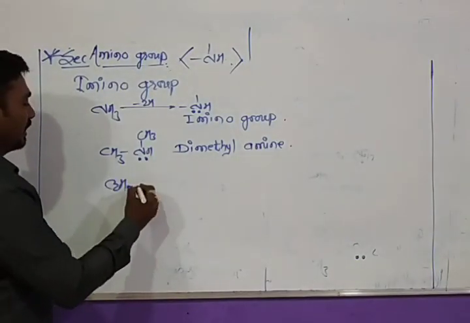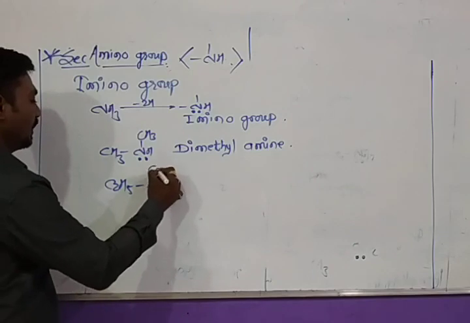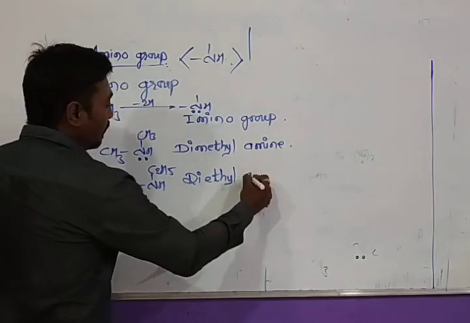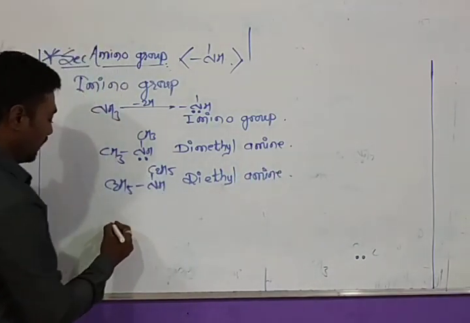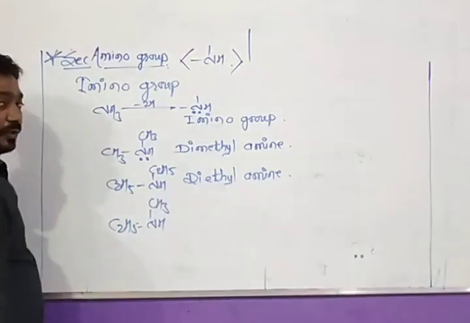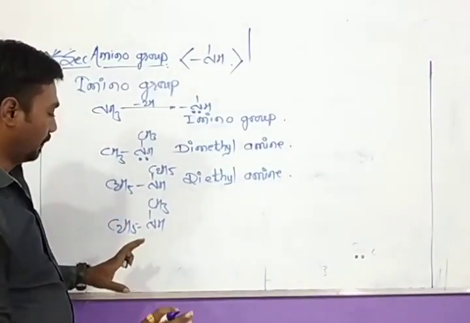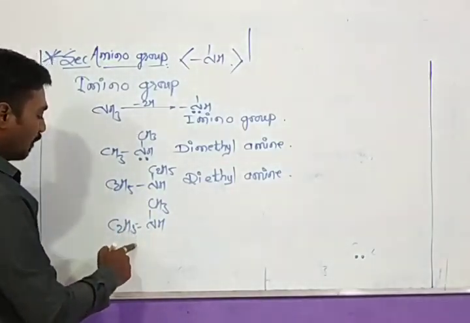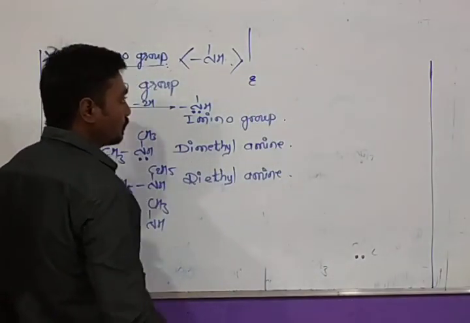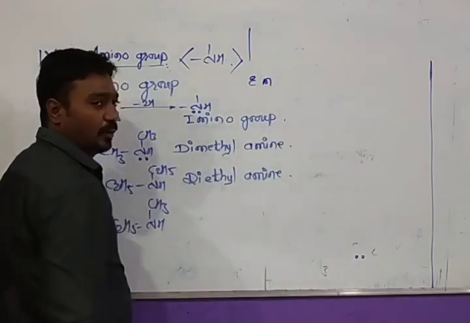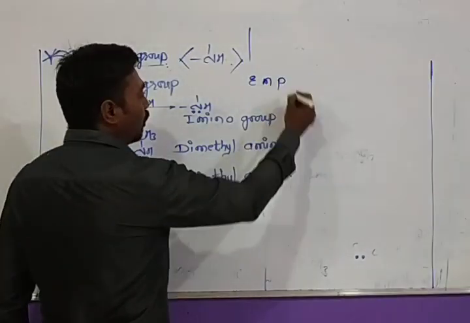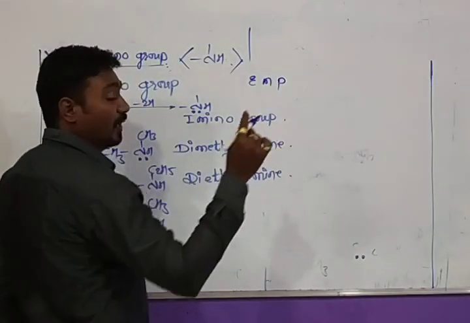If it is dimethylamine, then by attaching two ethyl groups, we will get diethyl amine. Similarly, if two different alkyl groups are present, then the common name is a bit difficult, but not very difficult. We have to follow alphabetical order. For example, E for ethyl group, M for methyl group. Alphabetically, E comes first, then M, then propyl, and the remaining one is butyl.